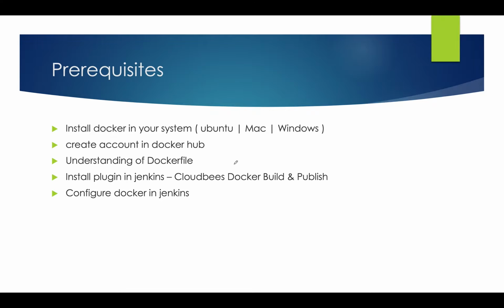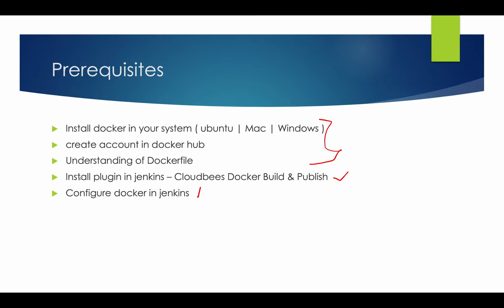Once these three steps are completed, you need to install the plugin in your Jenkins and then configure it. We will see these two steps at a later point of time. First, you need to do these three steps. In this session I will explain how to see the Docker image, how to create the Dockerfile, and how to run it in your Ubuntu. I will show you some commands. Later, once you are good with the Dockerfile, the next part is a very easy task.